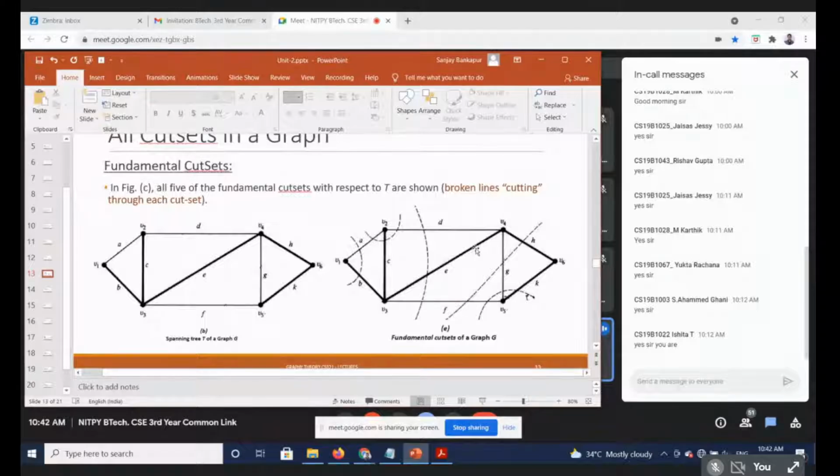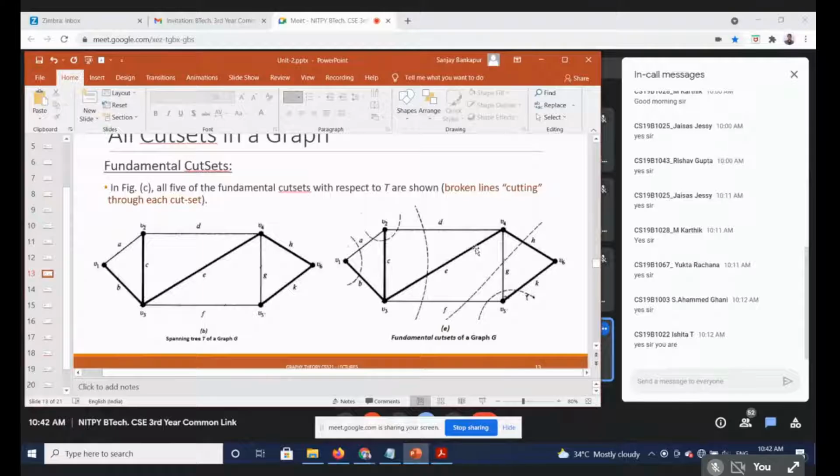You get the comparison, the analogy from spanning trees: we took two spanning trees and did a cyclic operation to find out all spanning trees. That was with respect to spanning trees. But now we want to find out all cut sets. So if I take two cut sets and do some operation, can I find the third cut set? Similarly, can I find all the cut sets?